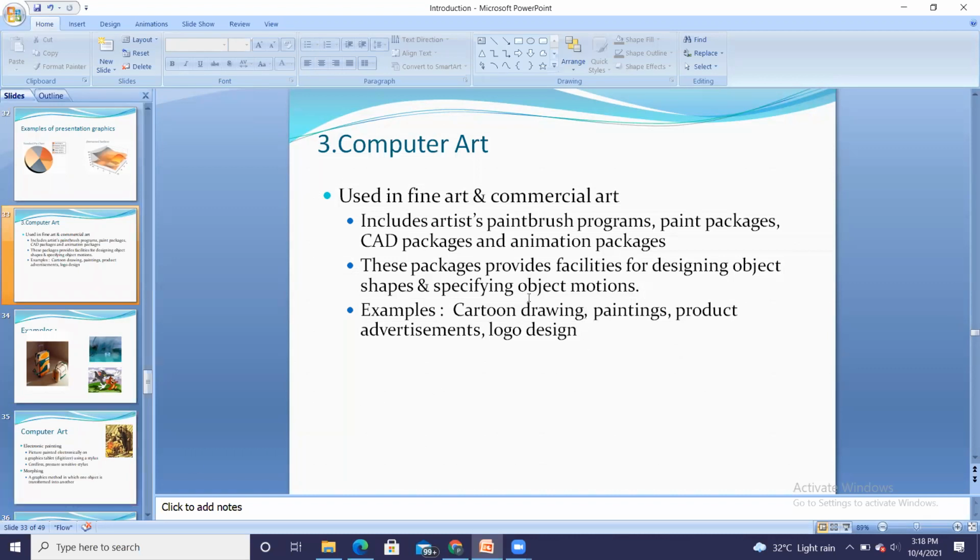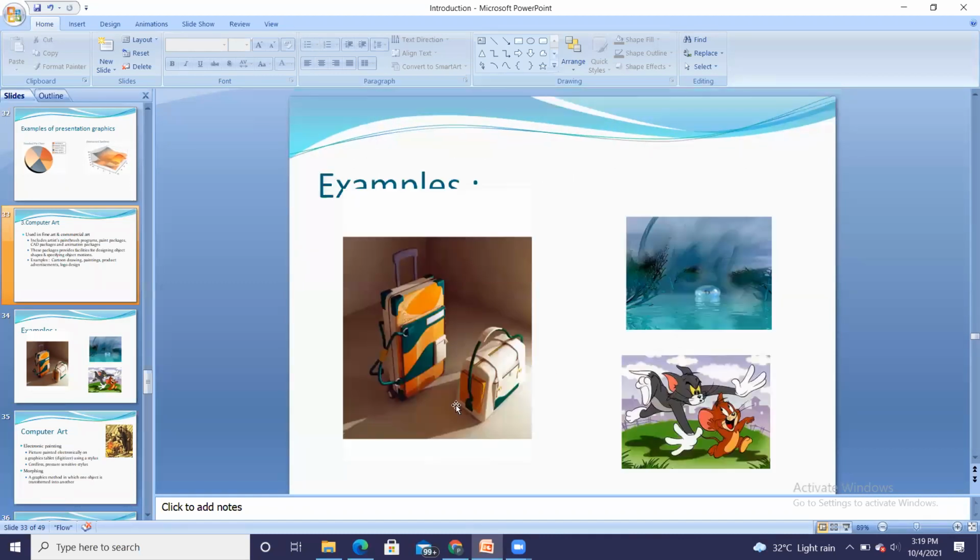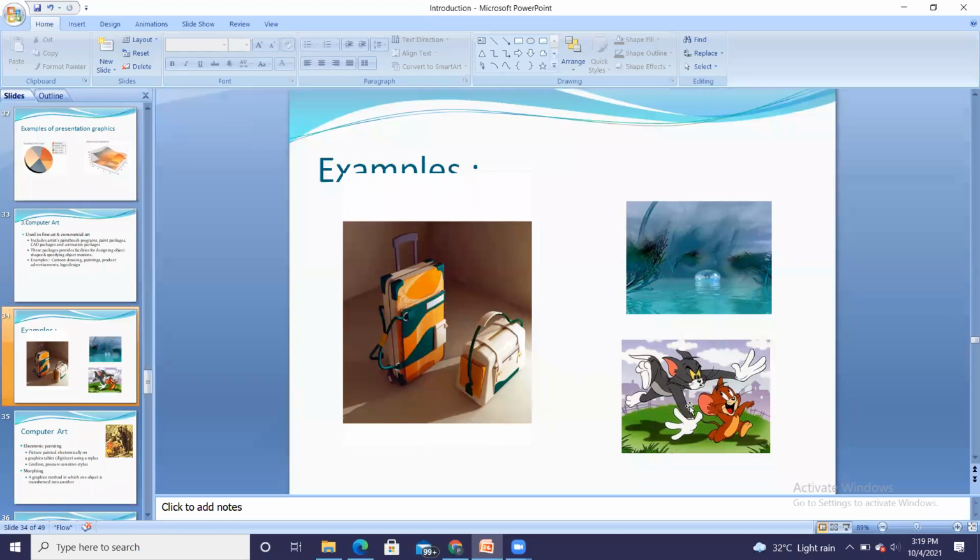It is used in cartoon drawing, painting, product advertisement, logo design, etc. So this is computer art use. Here you can observe examples where you can represent different objects by using the painting application, that is computer art.